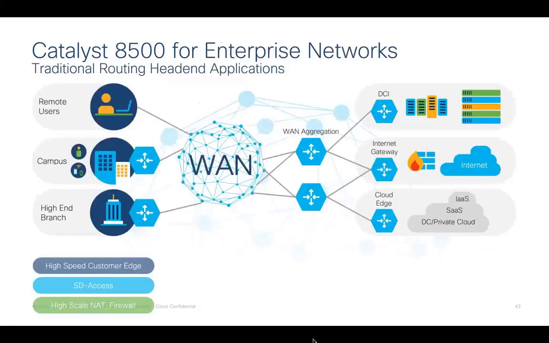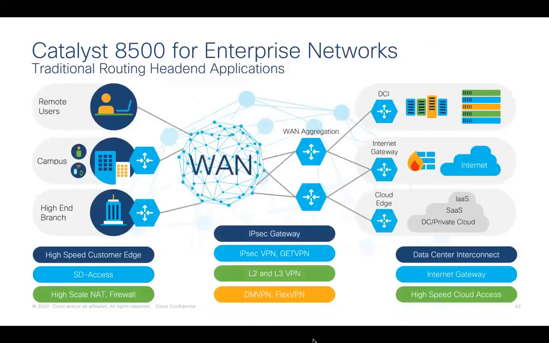The next use case that comes to my mind is all those traditional routing things where we have been serving with the ASR 1000, 1HX and 2HX portfolio till now. All the 300 plus features on traditional routing are readily servable. Either it's data center interconnect, IPsec gateways, VPN aggregation, high-end NAT and firewall scale. All of these use cases with more flexibility because you get 40 gig, 100 gig built in, readily available to be served. No need of anything extra.